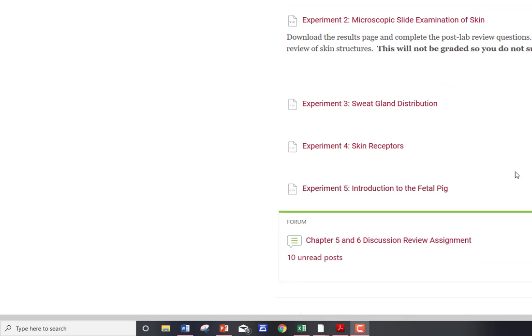So in the assignment document, you were told to do experiments 3, 4, and 5. And I just went over what you were to include in your assignment document as far as completing those tables and answering the questions. Now, I did want to give a little explanation for the sweat gland distribution because it can be confusing, and I do get questions. So for this particular experiment,